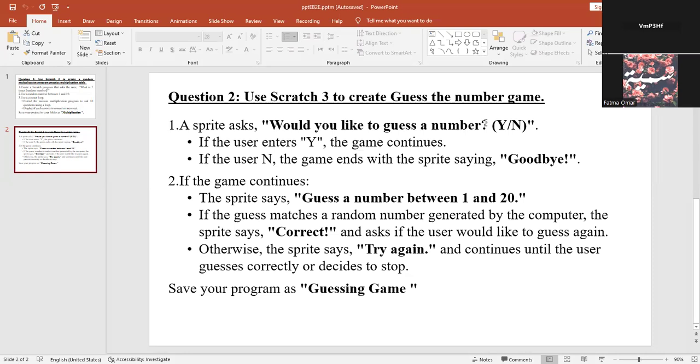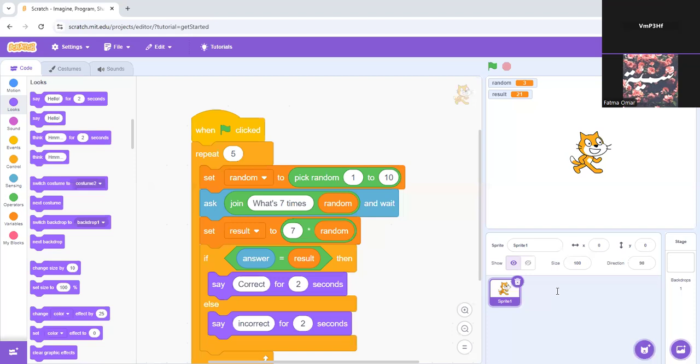Here he didn't specify how many times we're going to repeat our question, guess a number between 1 and 20. As long as we did not specify a number for repetition, we cannot use the loop repeat 10. We need to use repeat until. Keep on repeating until a condition becomes false, meaning